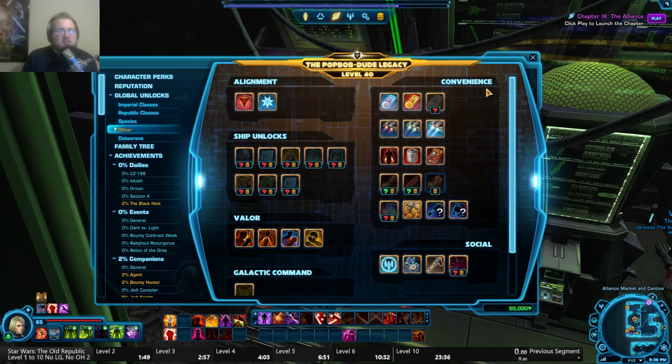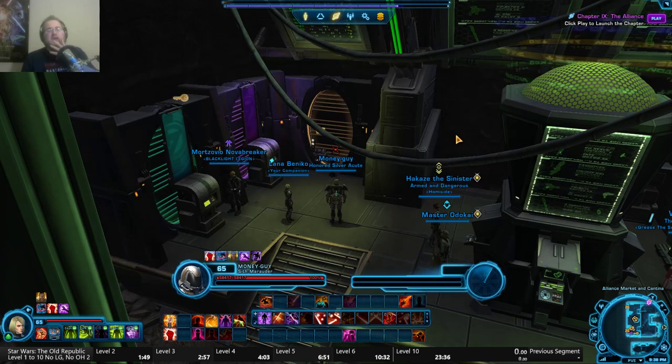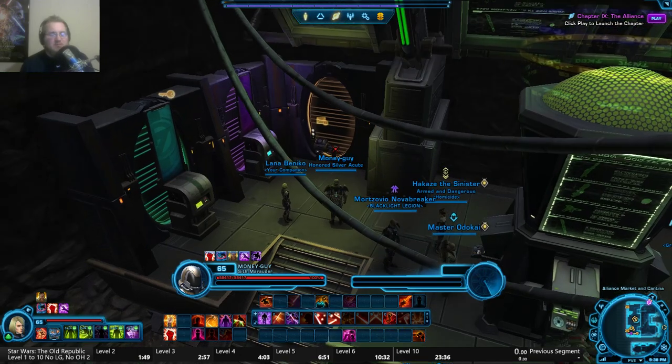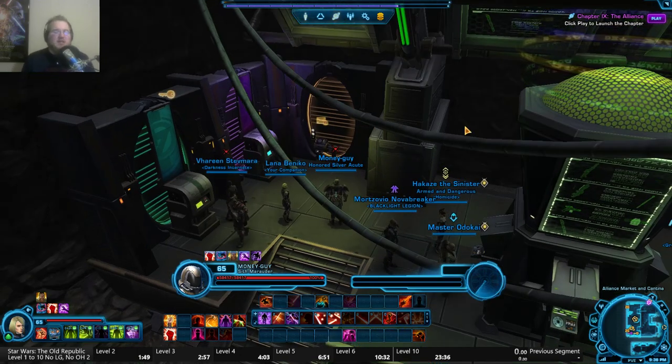I can't buy that with cartel coins, that's dumb. Anyway, but yeah, that's the basics for setup. I'm going to be doing a guide for each class as to how to do it, but